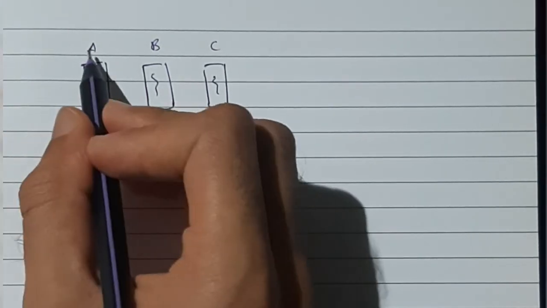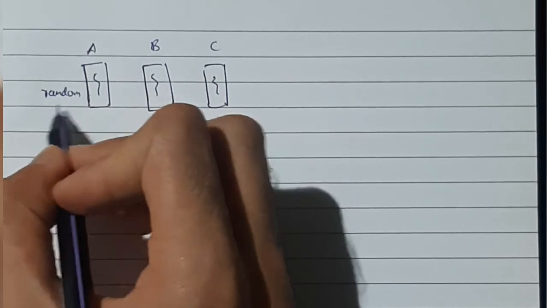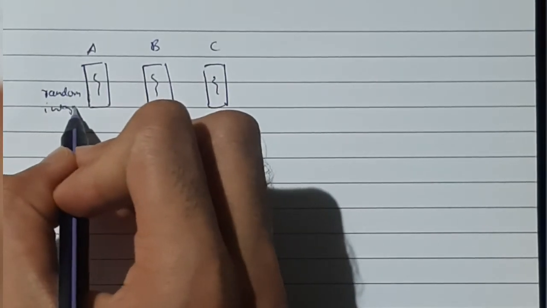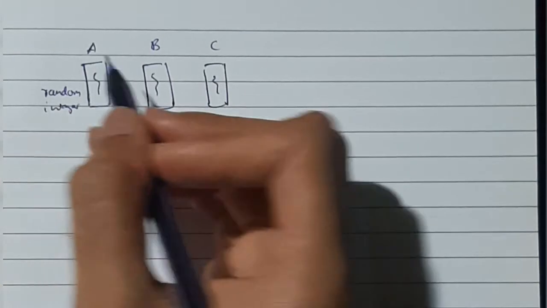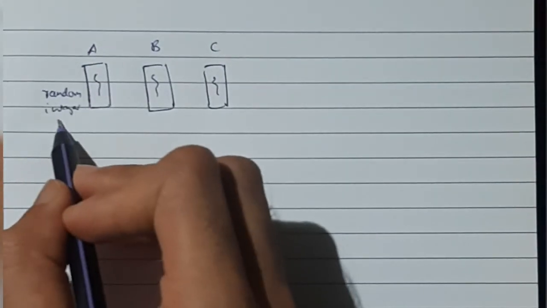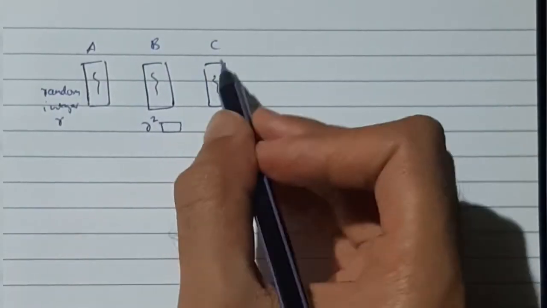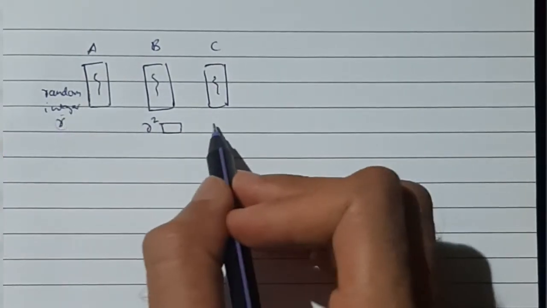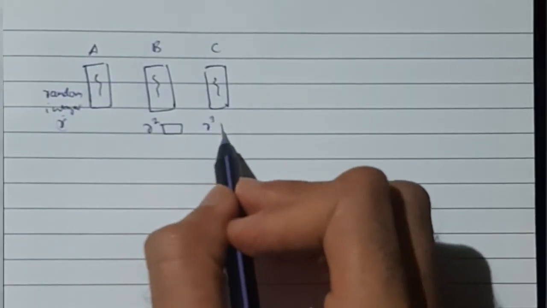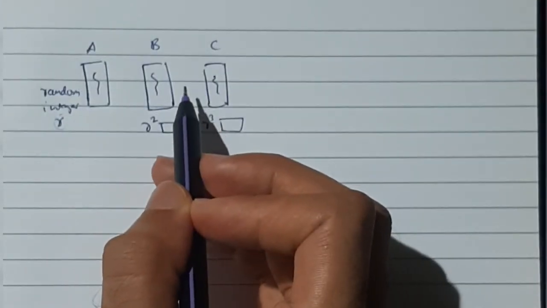That means in our case the first thread should produce a random integer. It produces a random number between 1 to 100. And what does b do? It will take the random integer, suppose that it is r, and it will calculate its square and print the value. What does the third thread do? It will take the random integer r, find its cube, and print the value. So these are the tasks of the three threads a, b, and c.